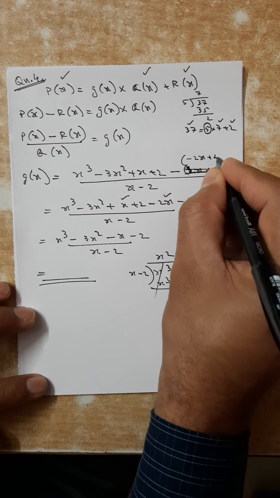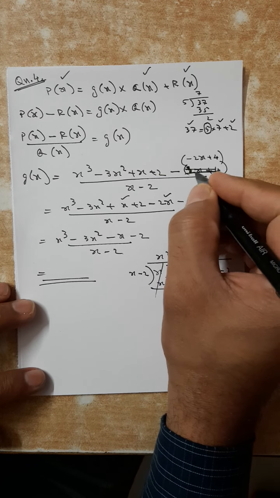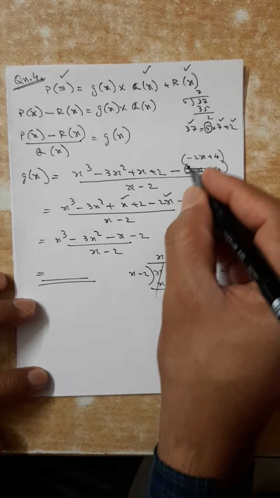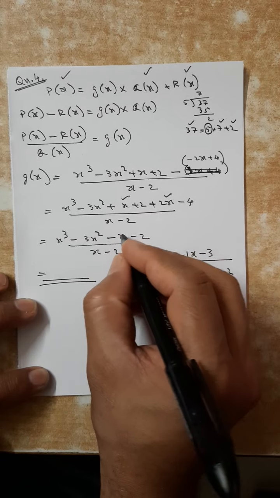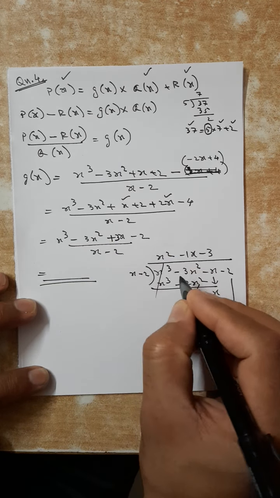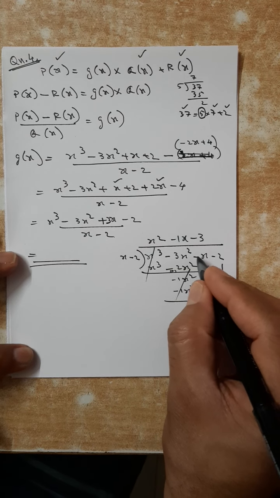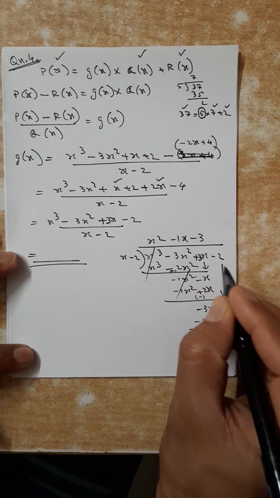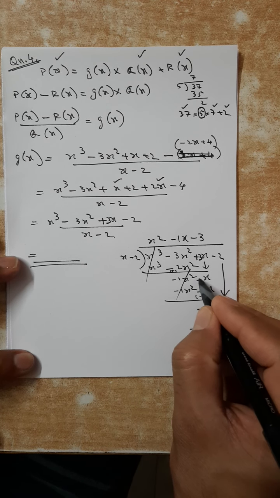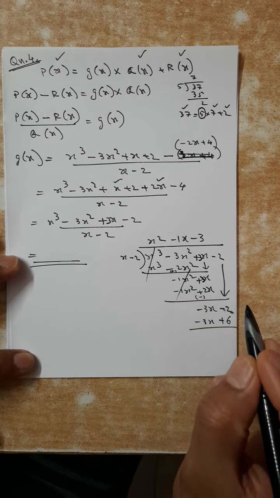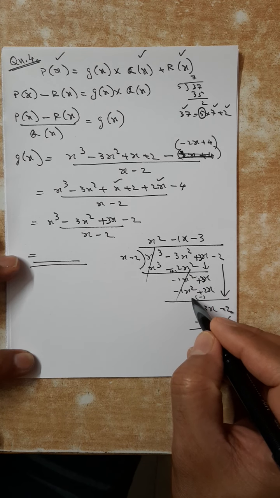Minus 2x plus 4. New book you can read it as 2x plus 4, but actually it is minus 2x. Okay, so minus minus is a plus here, so 2x plus x, 3x will come here. So when we are dividing with the value 3x, here 3x is coming down. Okay, so here again minus 1x square.